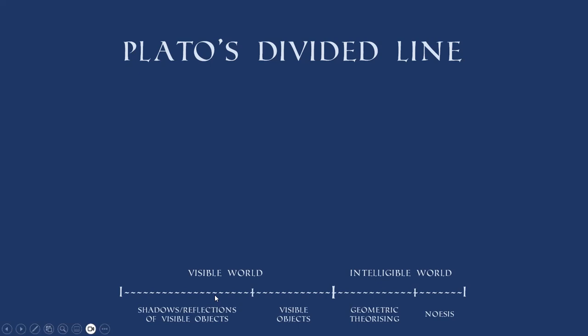Right, looking at this, you can see how the relationship of this to this is the same as the relationship of this to this. And so we can say that if this is the indication of this itself, then this is an indication of this. Now, the thing about geometry and mathematics is, of course, that it's dealing with that which is eternal and unchanging in its truthfulness. So you could say in that sense that this gives an indication of the direct knowledge of noesis, of that which is eternal and unchanging.